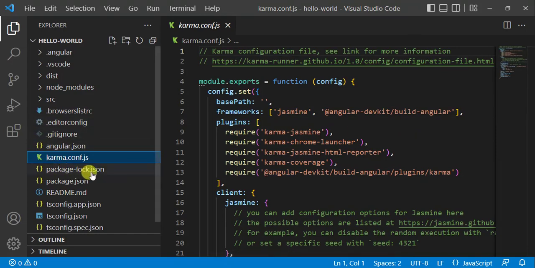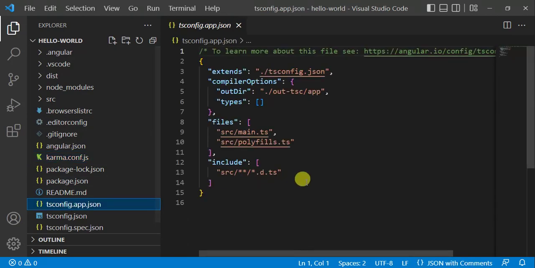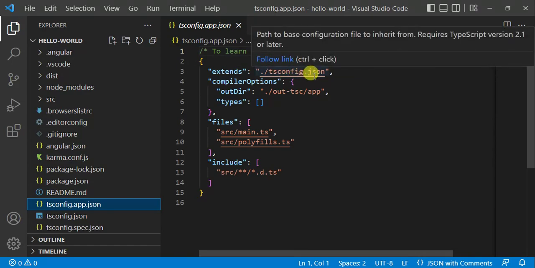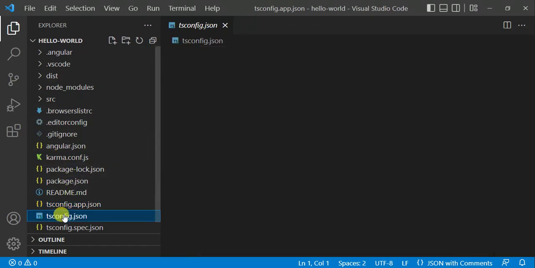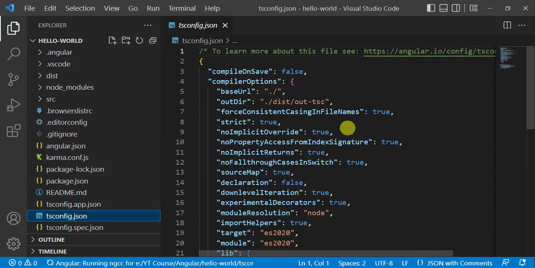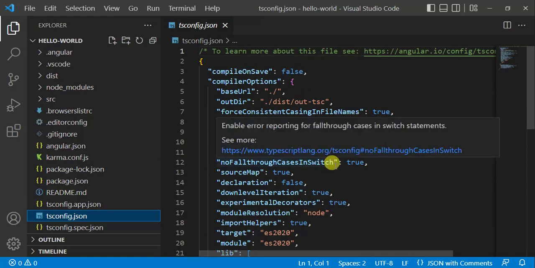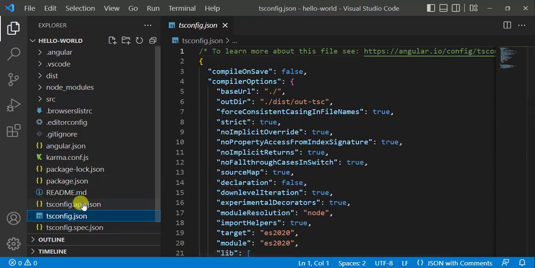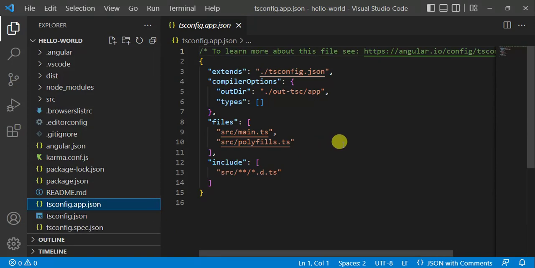Then we have package.json and readme.md that we discussed in our previous video. Next file is tsconfig.app.json. See here, this file is inherited from the tsconfig.json file. tsconfig.json file is specific to the workspace. It means if you are having multiple applications in your workspace, then we can define all the global settings here. But if you want some settings specific to a particular application, you can define them in this